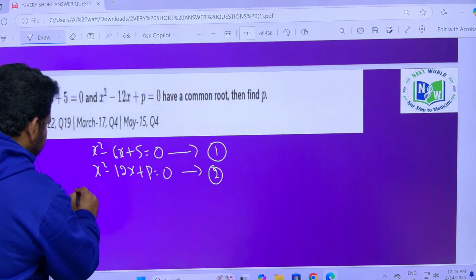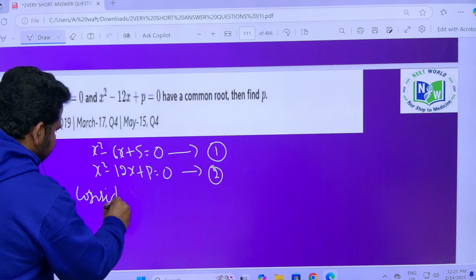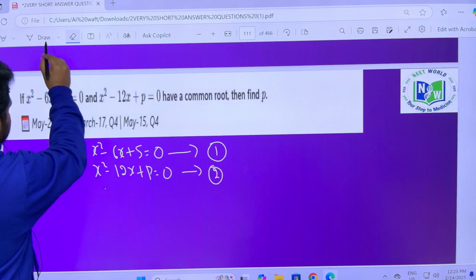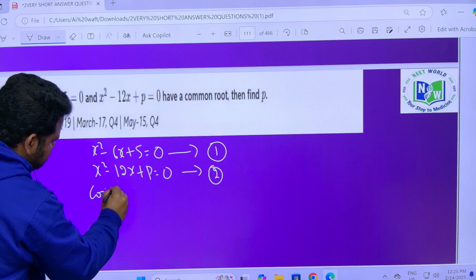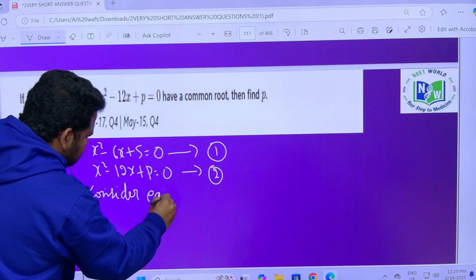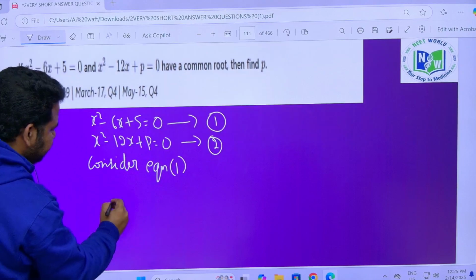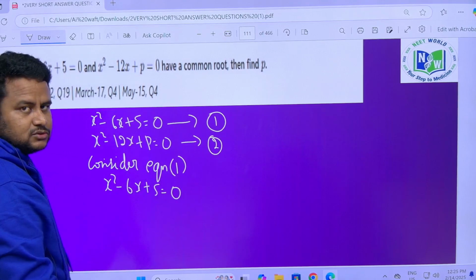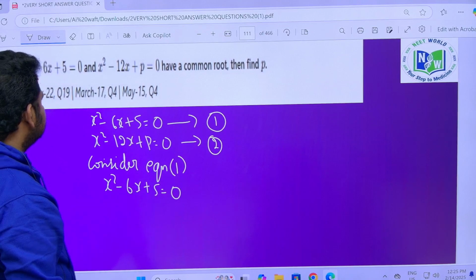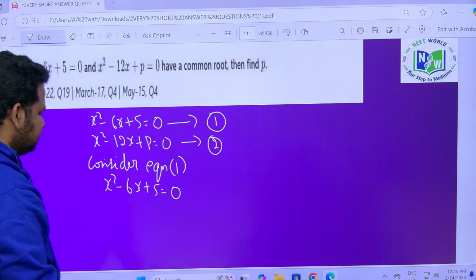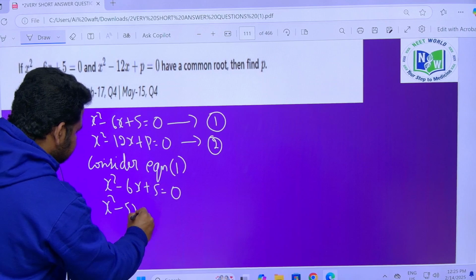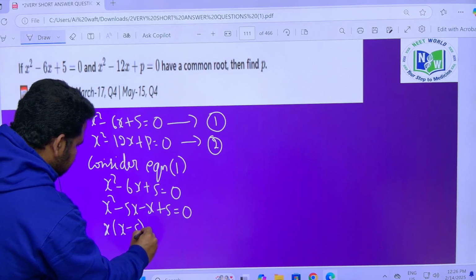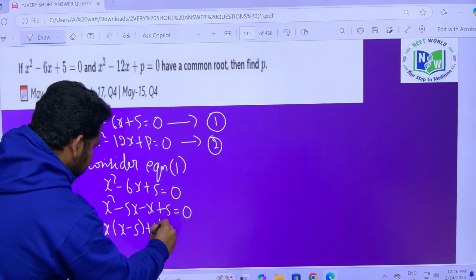So consider equation 1. Considering equation 1, what we have, friends, is x square minus 6x plus 5 is equal to 0. So we have to solve this equation. We have to get the product as 5 and sum as minus 6. So we can write it as x square minus 5x minus x plus 5 is equal to 0. So this will be x into x minus 5,